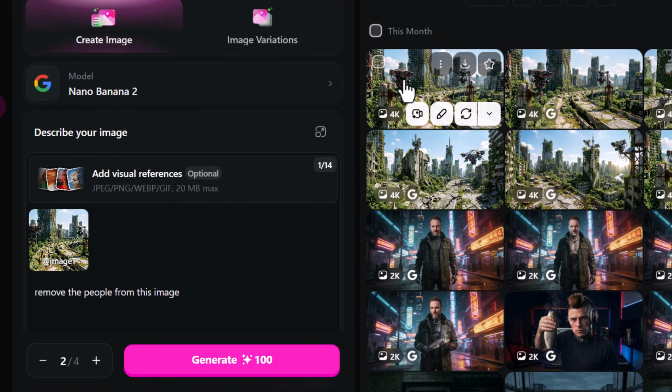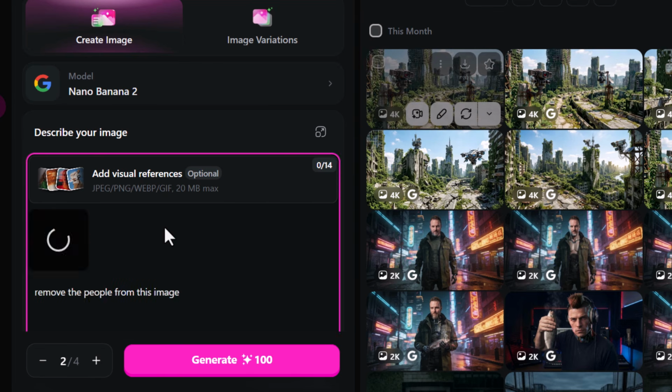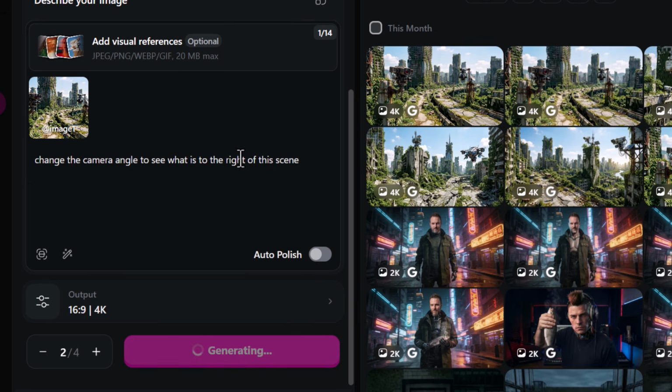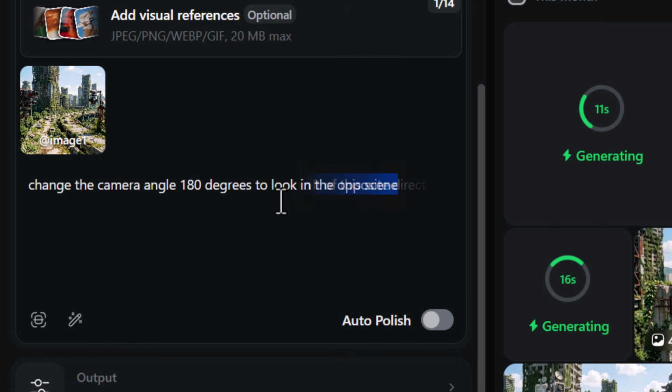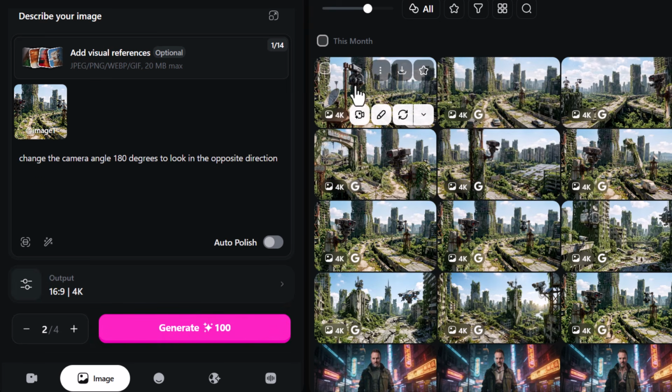But I can also get some different angles to add into our world. So I'm going to remove this image here, drag this new image in. I'm simply going to say, change the camera angle to see what is to the right of this scene. I hit generate, but I'm also going to change that to left and generate again. And on top of that, I can say, change the camera angle 180 degrees to look in the opposite direction and generate that also. And now you can see we have various different angles of our city we can use